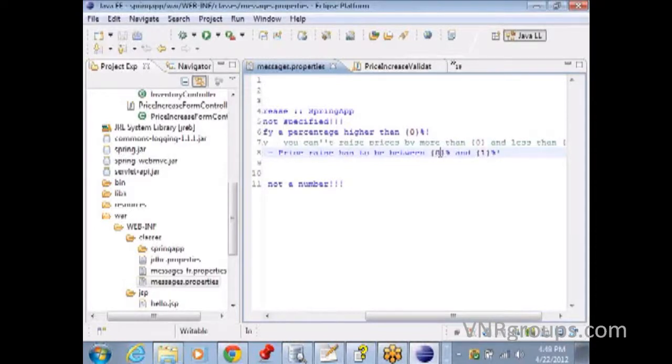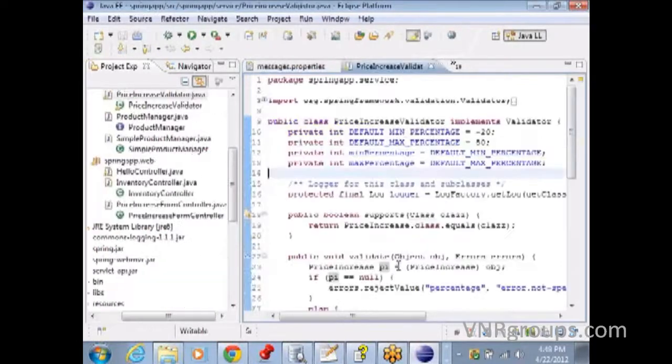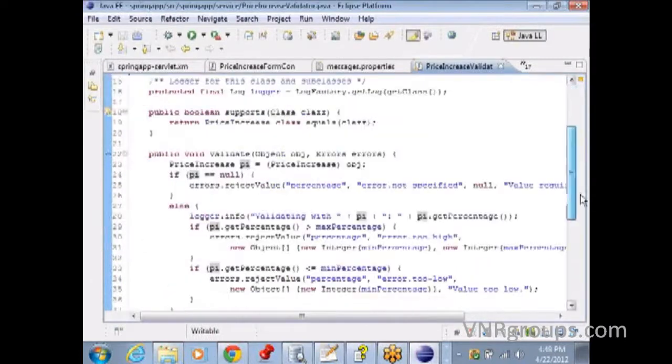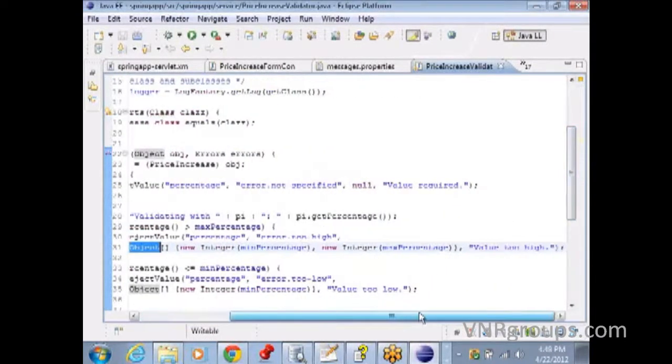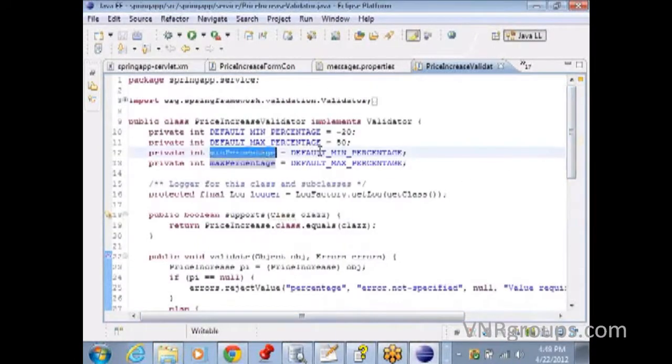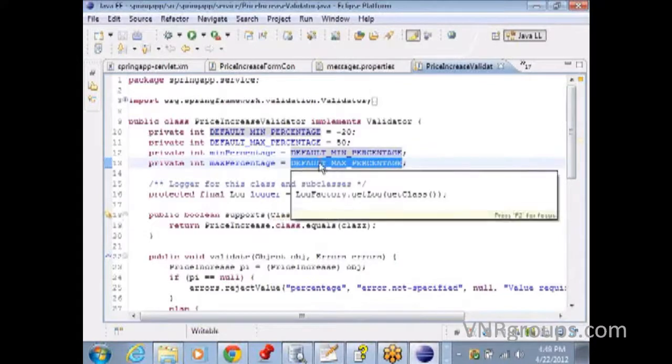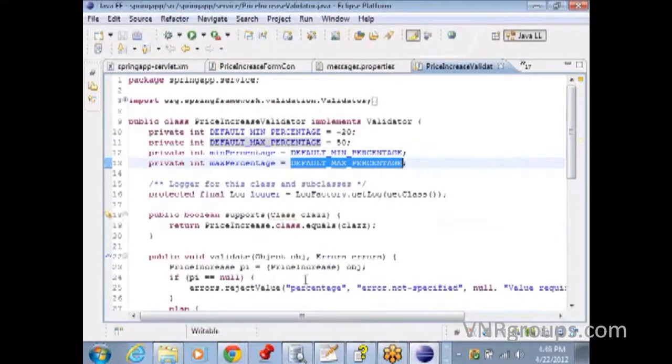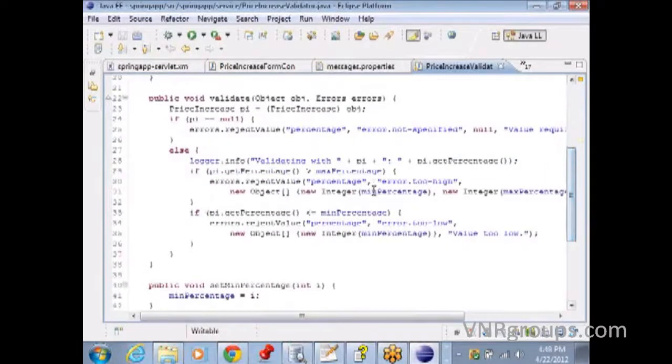The 0 and 1 are actually placeholders, and these placeholders are populated by this array of objects. The first one is an integer which is pointing to the minimum percentage. The second one is the maximum percentage, and these are defined over here as the default min percentage and max percentage. So this is how the validator works. Similarly, we do this for the minimum, for the error.toLow as well. And for error.toLow, we have,